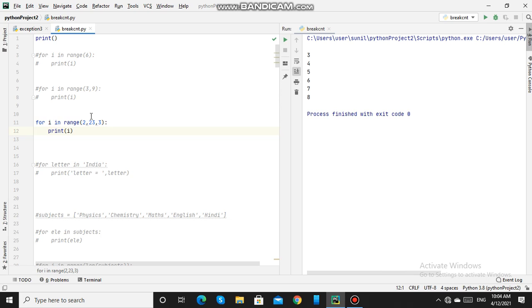So from 2 to 22 in the step of 3, that means it will start with 2, then add 3 to 2, that is 5. Then again add 3, that is 8, and so on. So 2, 5, 8, 11 and so on. So it has printed 2, 5, 8, 11 and 14 and so on. That is in the step of 3.